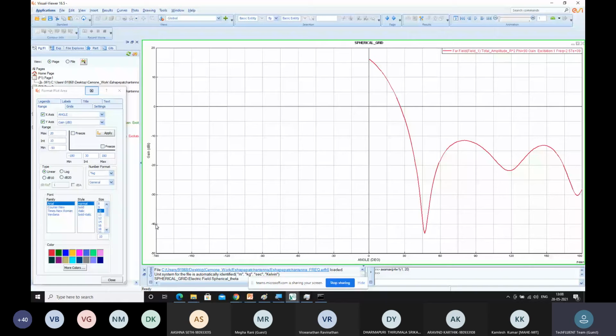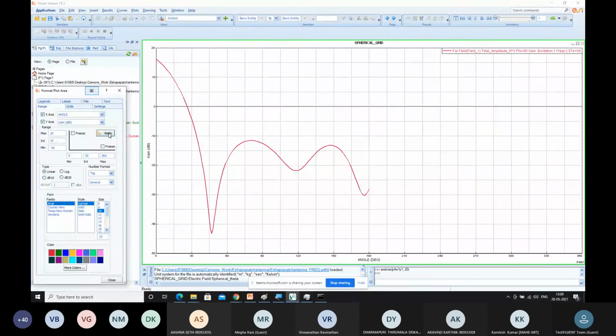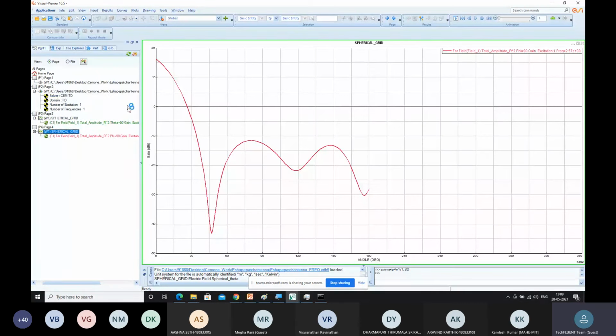Since in my far field sphere I have used only 0 to 360 degrees, I've got up to this particular part. Otherwise, I can specify it up to the 360 part. The coverage is up to 180 degrees. That's how you have to observe it. Based on these validations, maybe few people are getting a half result. That is what you have specified, right? Those things we can work on.